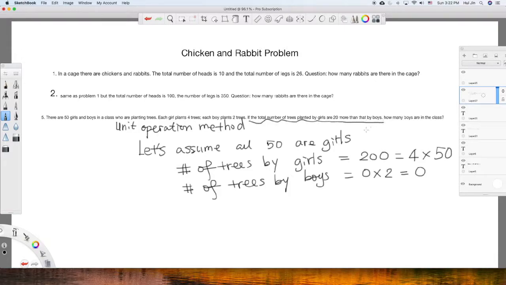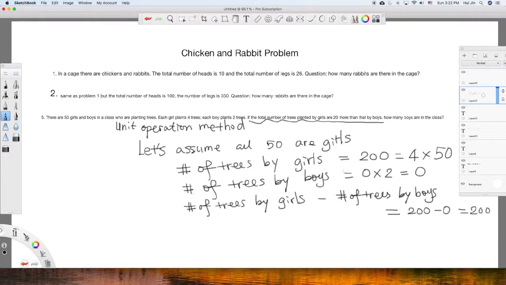Okay, so the difference will be the difference, because the problem says the total number of trees planted by girls are 20 more than the boys. Now the difference of the number of trees by girls minus the number of trees by boys is equal to 200 minus 0, equal to 200. That's way more than the 20. And the fact, of course, is because there are boys there who planted trees. So let's look at the unit change. If we replace